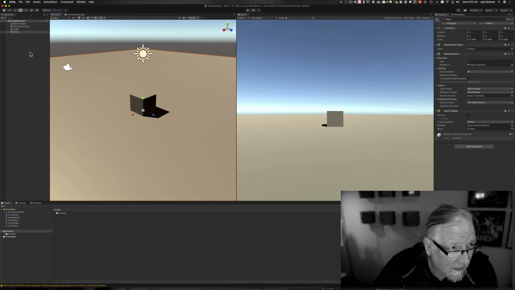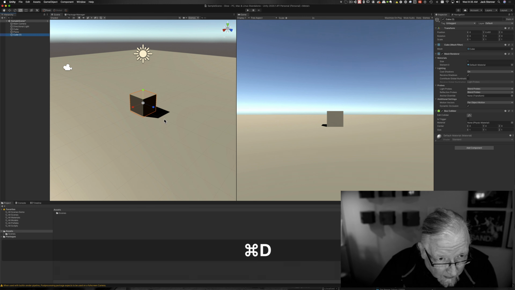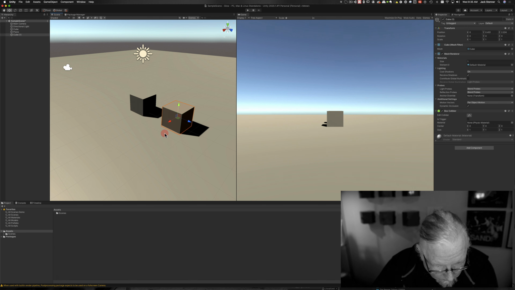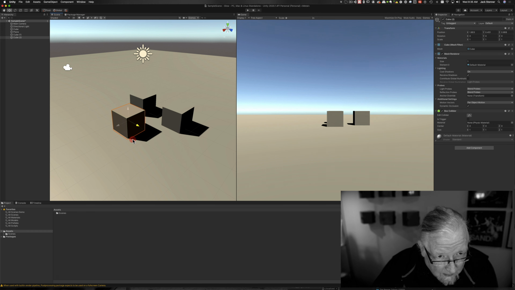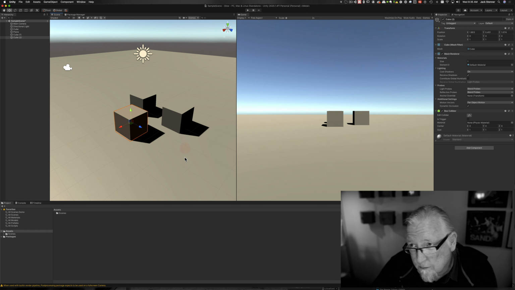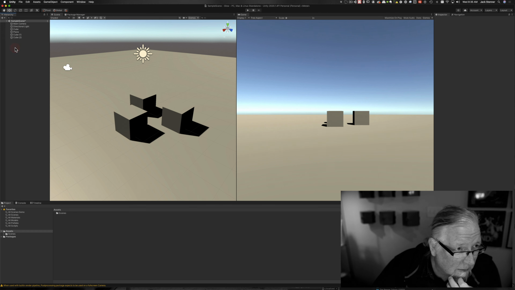Okay, let's take another cube here. Let's duplicate the cube, move it over. Really makes no difference. This is just for play. All right, so there's a couple of cubes. 3 cubes. Next thing that we'll want to do is create an empty game object,